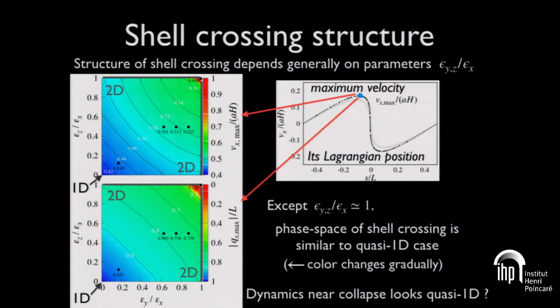And making full use of such an extrapolation technique, now we can investigate the whole parameter range to see the generic structure of shell crossing. So what I'm plotting here is the amplitude of maximum velocity and its Lagrangian position in the bottom panel. And they are plotted as a function of parameter space. Now we are looking at the late stage of structure, so that the ratio is the only important